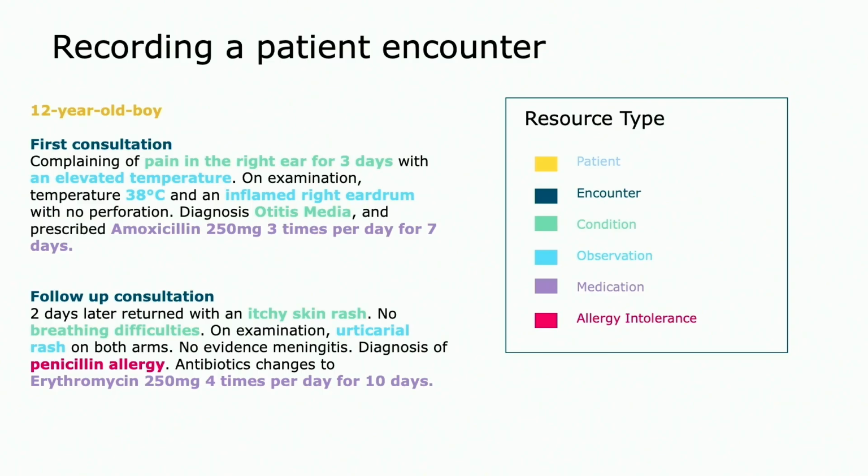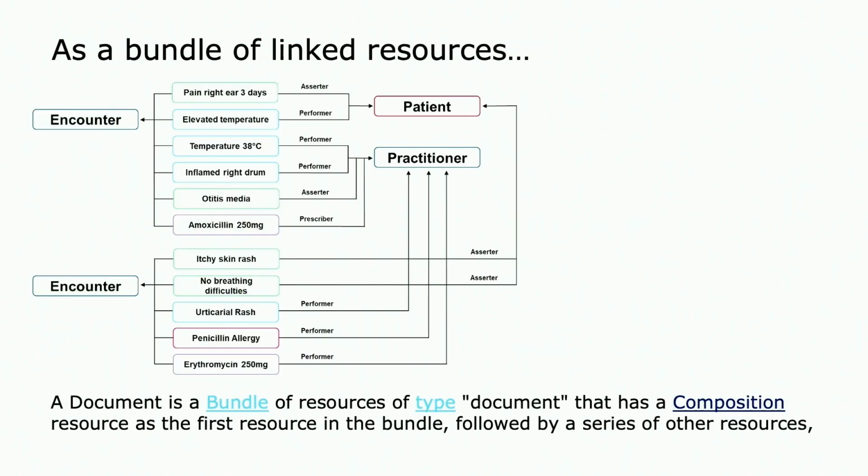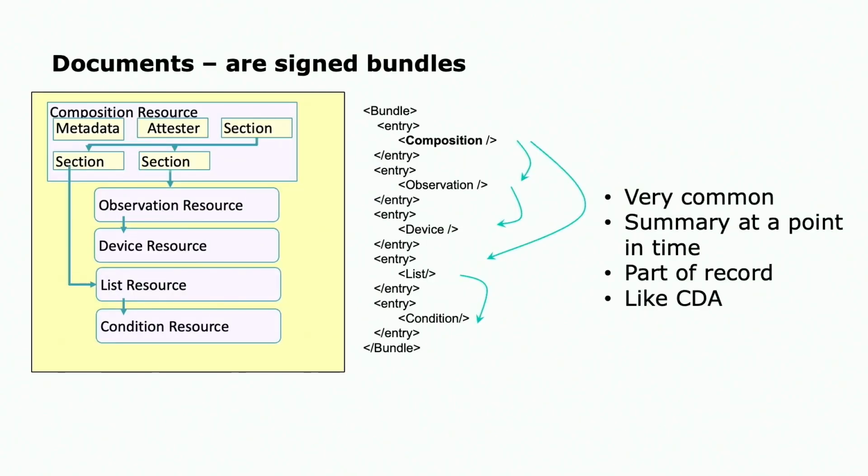If you put all those FHIR resources together, this is a diagram of how those two encounters with this PCP would look diagrammatically, and then you would combine those resources into a bundle of resources. The bundle is also a FHIR resource to send to another system or to send to the patient, or a document is a